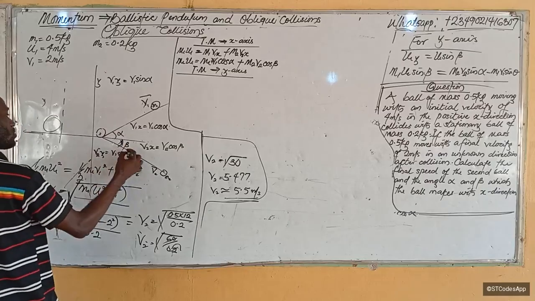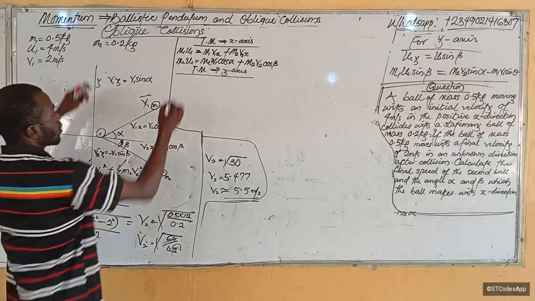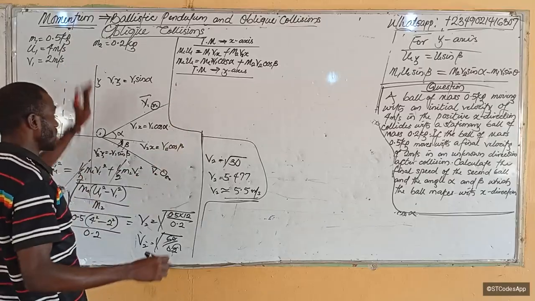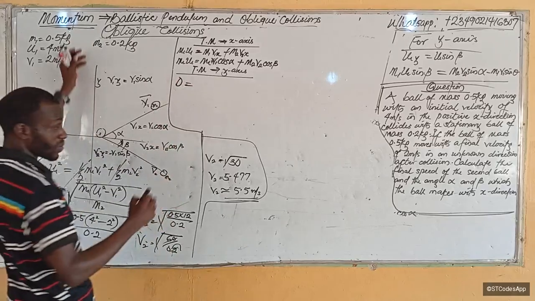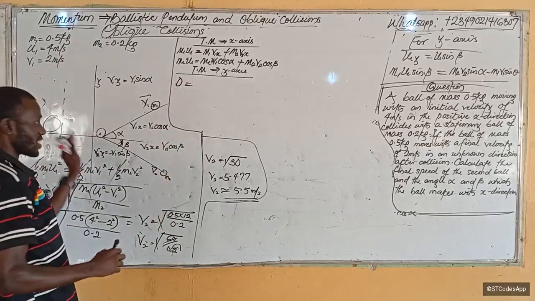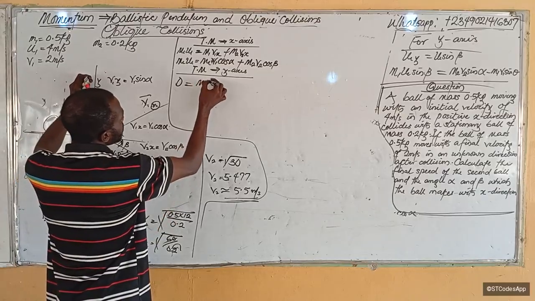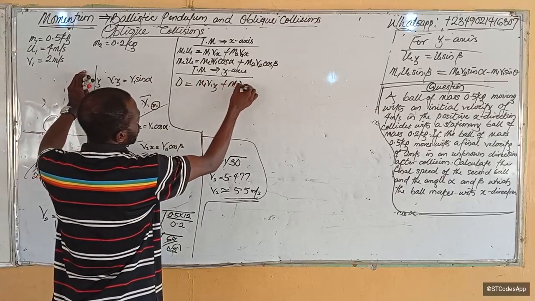We're also opening this guy, so it will be negative, so negative v2. Now, no initial momentum on the y-axis, right? So 0 is equal to, always remember that, for a case like this, 0 is equal to m1 v1y on y component plus m2 v2y